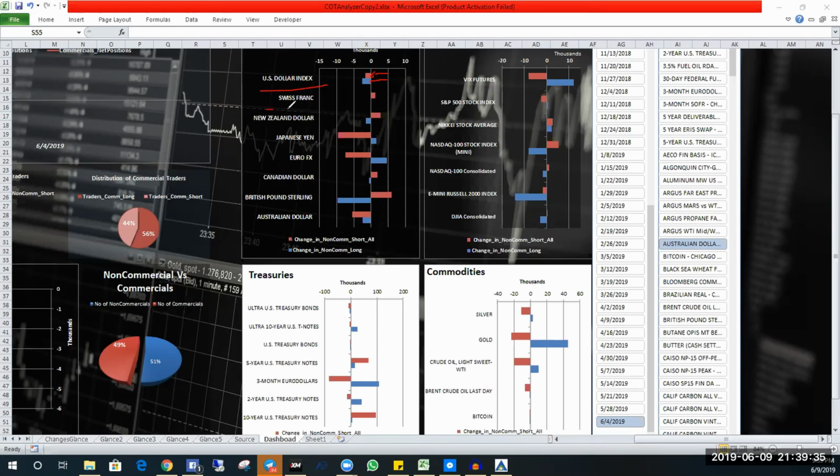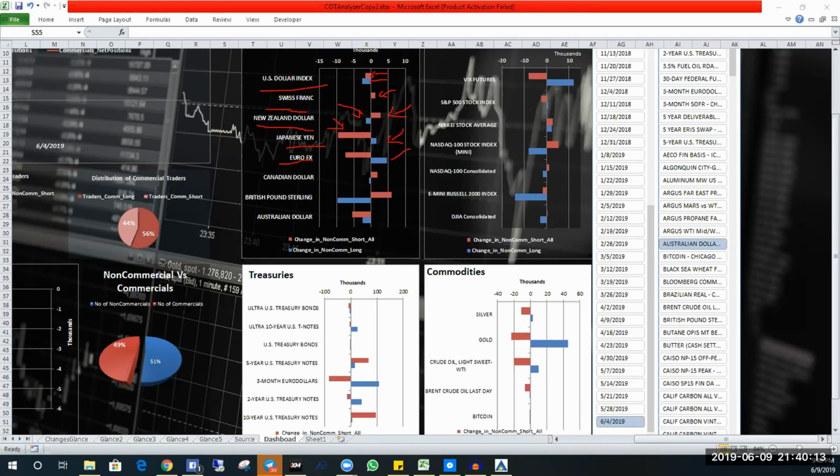For the Swiss franc, more short positions were added, and for the New Zealand dollar also, there seems to be a bearish outlook, as long contracts were also reduced. For the Japanese yen, we might expect it to be bullish this week as long positions have been added and short positions taken off the table, so we might still see more of a bullish push for the Japanese yen this week.